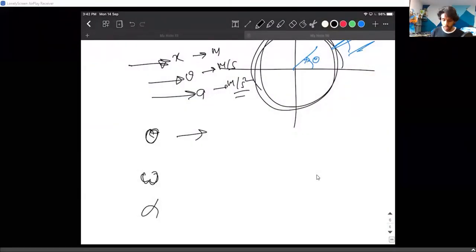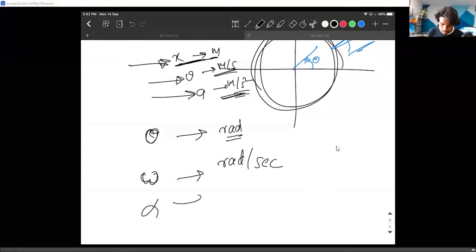So let me come back to this thing. I was discussing units: x for displacement, meter per second and meter per second square in linear kinematics. In angular, the units go like this: radians. You know what radians are. If you don't know what radians are, get out of the class right now. How can you not know radians at this point? The units are radians per second and radians per second square.